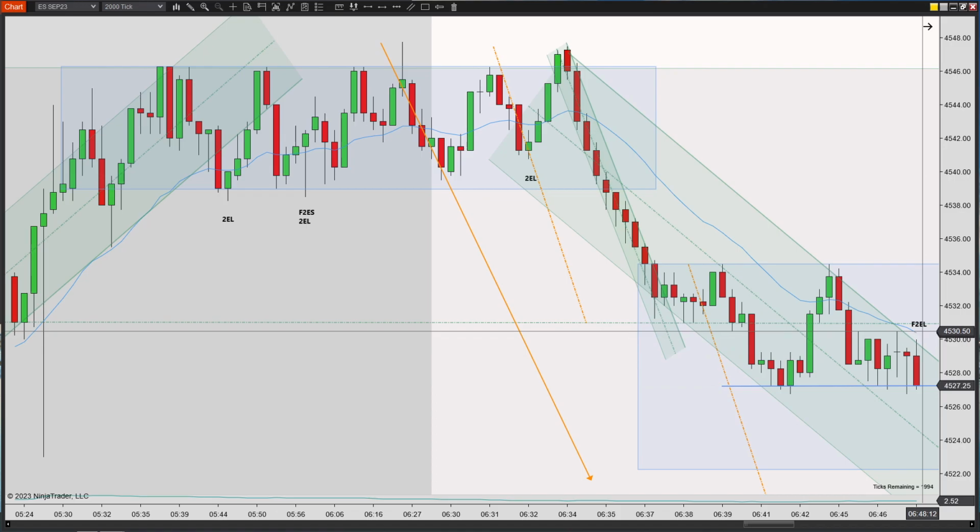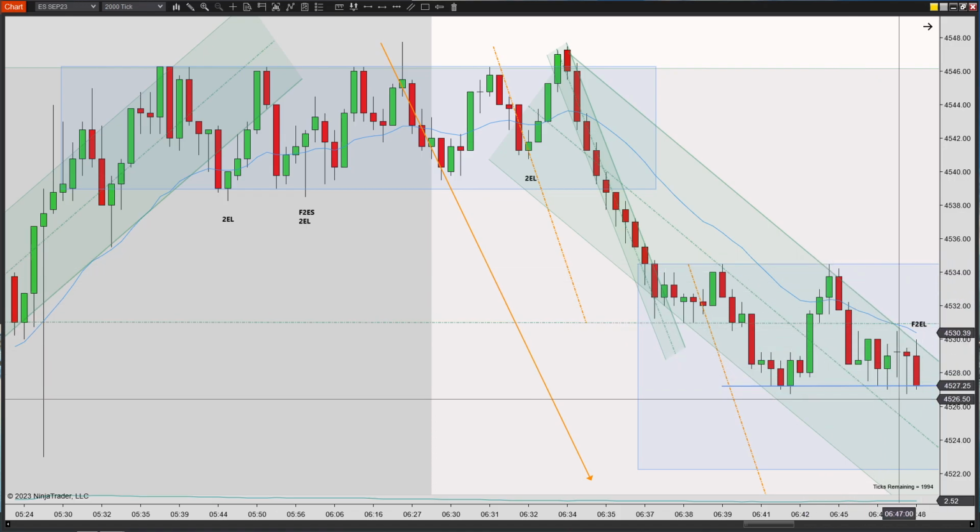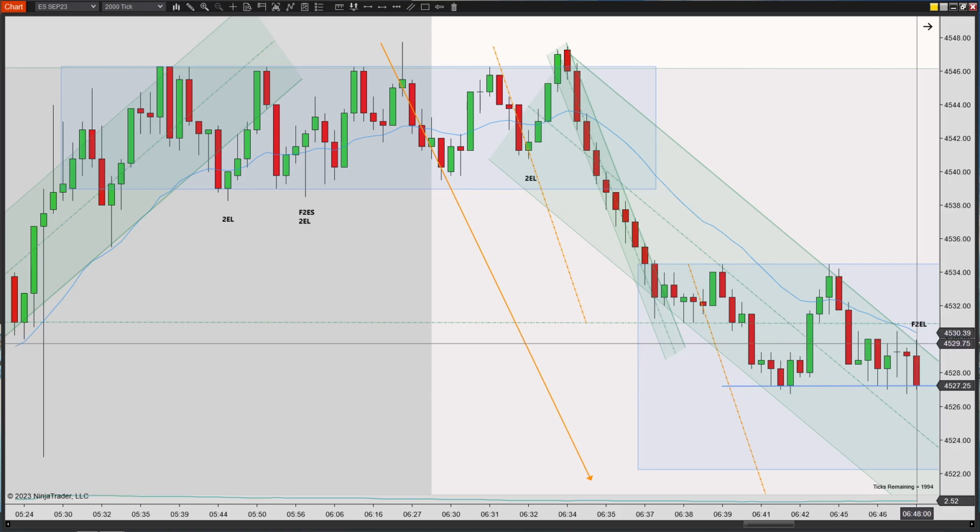I see a failed second entry long, so it's a new high here. So first entry long pulls back, second entry long. Now technically this second entry long hasn't failed yet, but it looks very close to failing. So if this actually closed a little higher, then I think I would have considered maybe getting a trade ready. But this signal bar, I think, is going to be